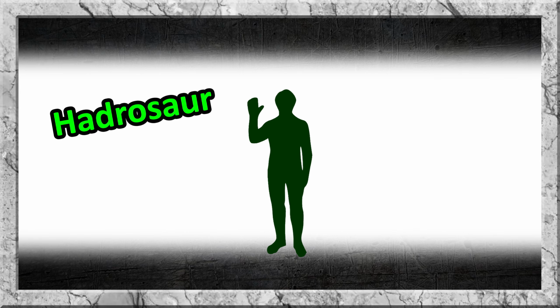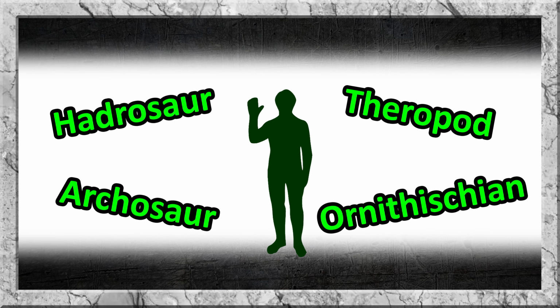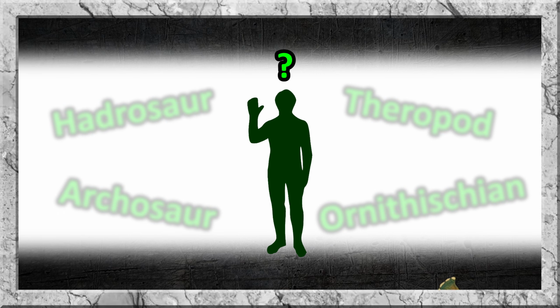When talking about dinosaurs, you may have heard words like hadrosaur, theropod, archosaur, ornithischian, but it might not always be clear what words like this mean. Sure, you know Stegosaurus and Triceratops, but you might be wondering what these confusing concepts have to do with your